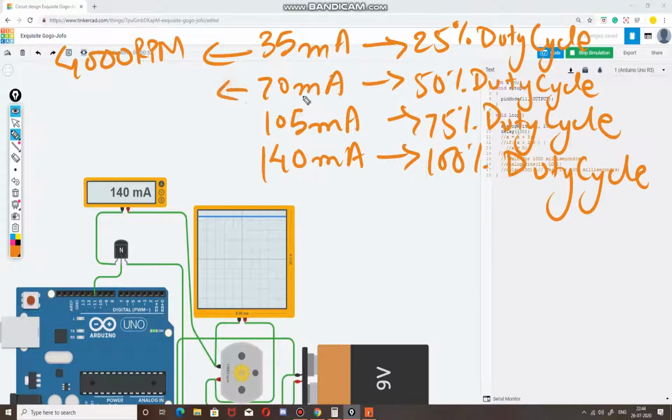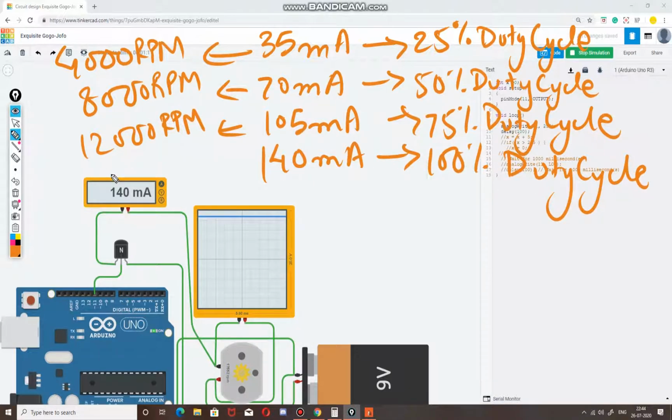For the 70 milliampere current, that is the 50% duty cycle, the speed was somewhere around 8,000 RPM, I think. For 75%, it was somewhere around 12,000 to 13,000 RPM. And for the last, 100%, you can see 17,000 RPM. I'm just taking rounded figures to make the explanation easier.